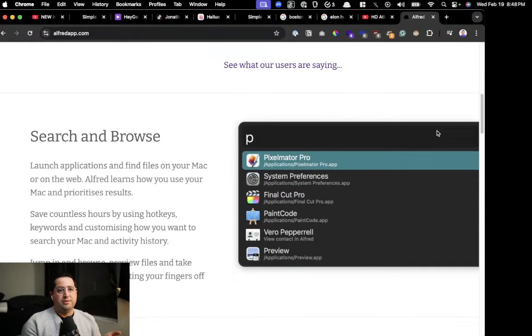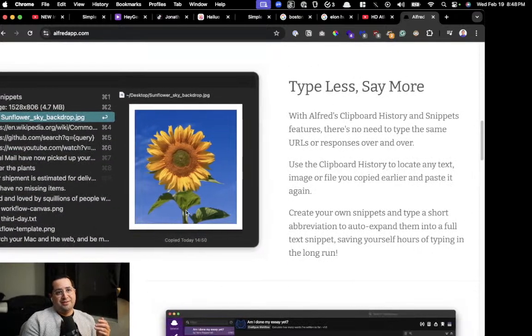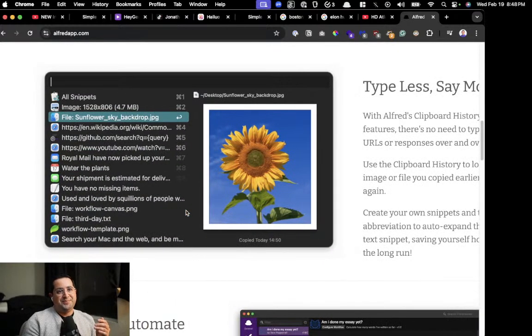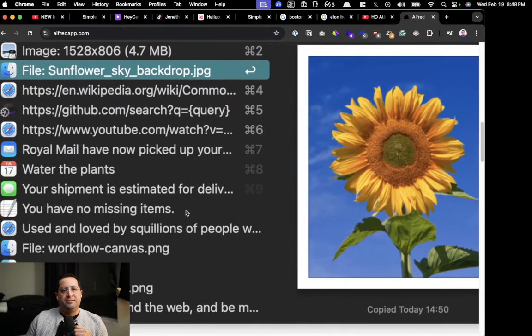Then you have search and browse. That's the feature I'm using. It brings up a search bar and searches your entire computer for files. Yes, there are Windows alternatives, but again, it doesn't fix the bigger problem at the end of the day. So you get search and browse, which searches all your bookmarks and files. This is the gangster one right here. This is called clipboard history. It remembers every single thing you've copied to the clipboard, from text to photos, screenshots, paragraphs of text, whatever. It saves it, so I could recall something I copied yesterday morning and paste it, super fast.